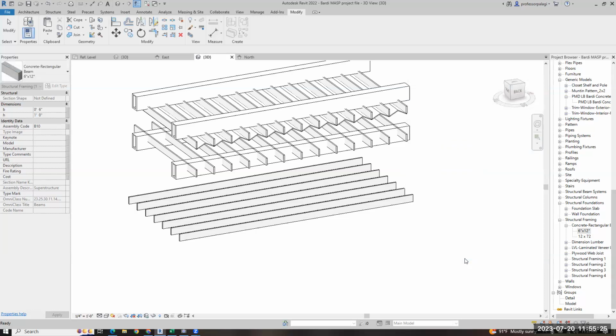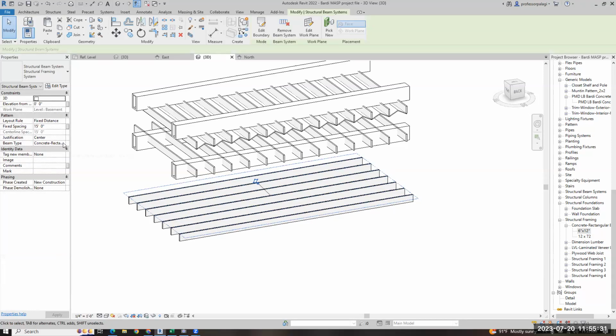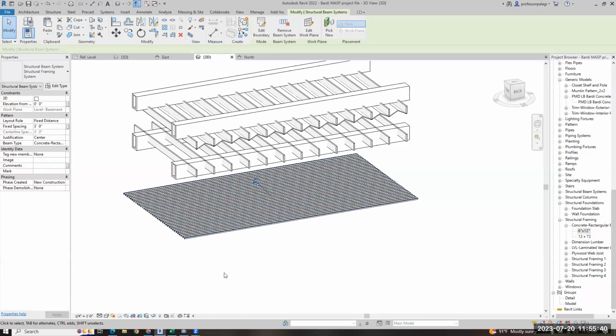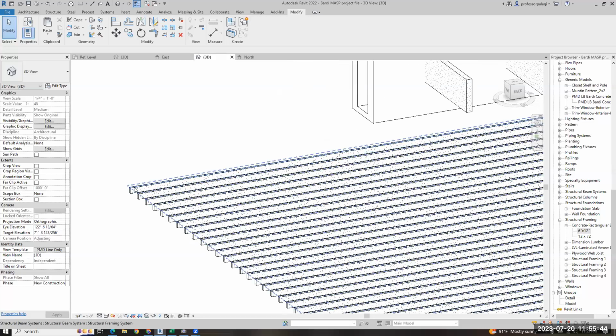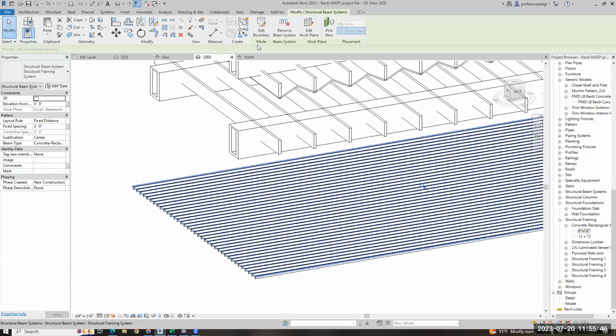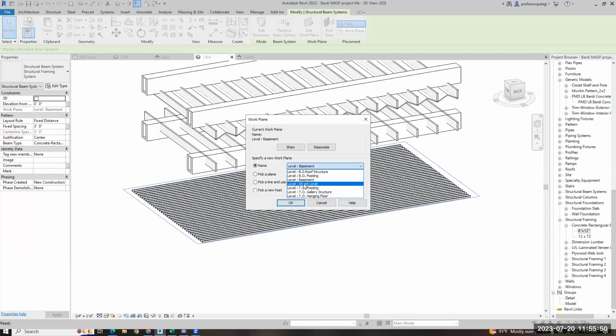Okay. And so now I can grab this beam system and say, I want you to have that one, and I want those to be at 3 foot center. Okay. Let's grab that and say I want to put it on a different work plane. I want to put it back up to